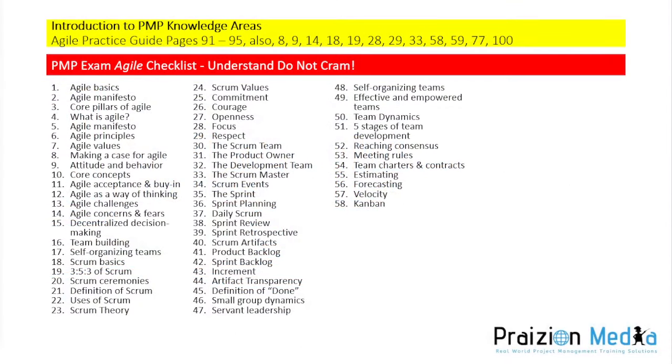Small group dynamics, definition of done, servant leadership, self-organizing teams, effective and empowered teams and team dynamics, the 5 stages of team development, the concept of reaching consensus and understanding the vehicles that are in place to help you reach consensus. You know, there's this misnomer that consensus is the same as unanimity, and it's not. Unanimity is one of the ways you could get to consensus, but not every team employs unanimity as their vehicle